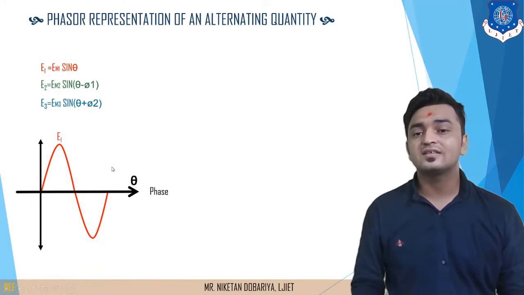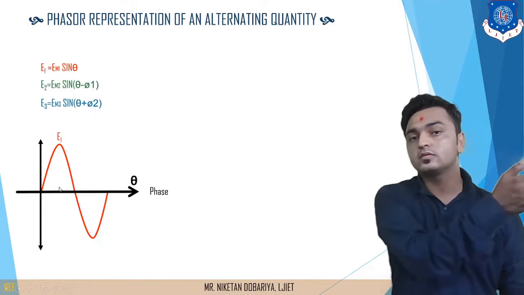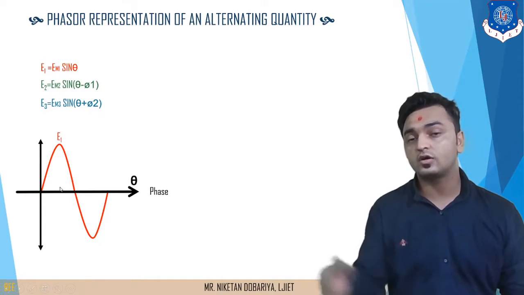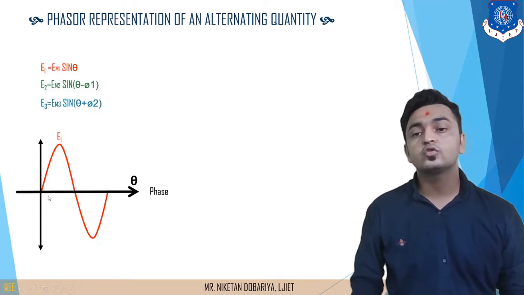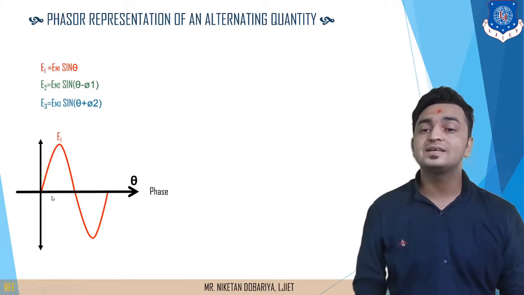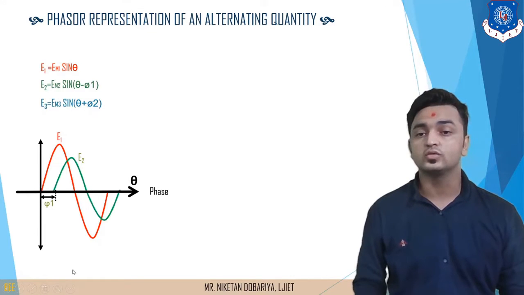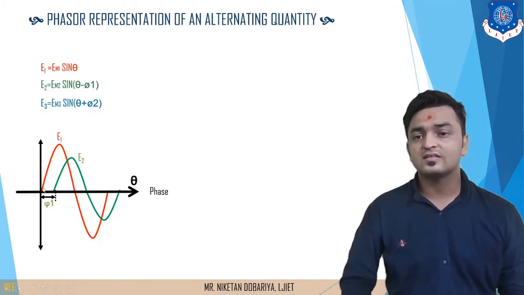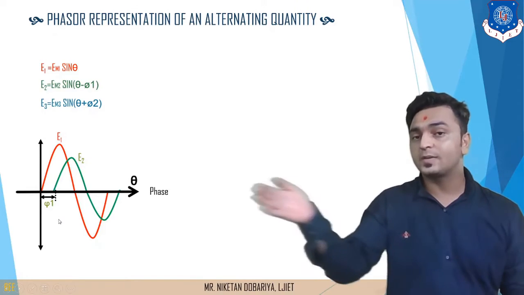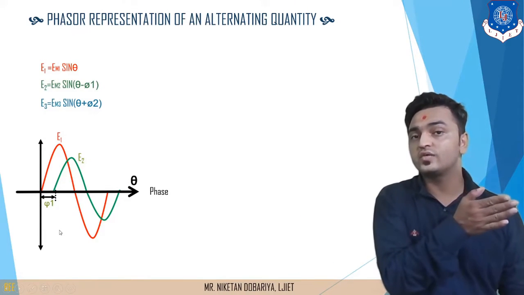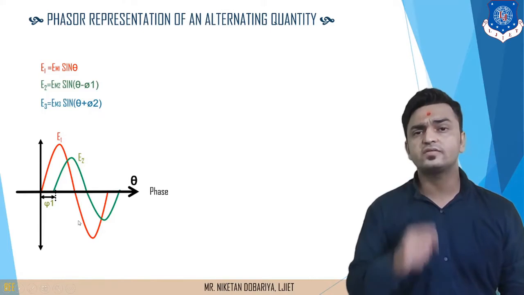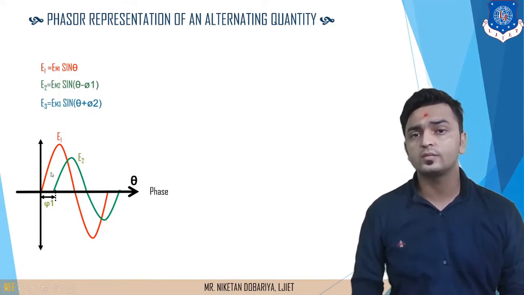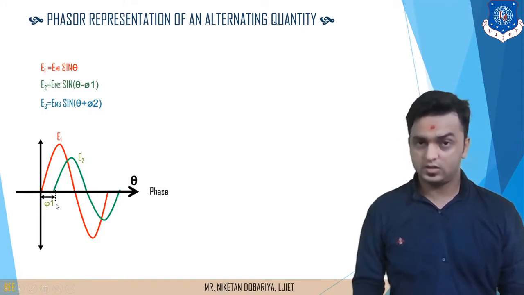Let's consider that this is phi 1 over here. As it is minus, we are going to consider it on this right-hand side with respect to this reference point, means on the positive x-axis. If this is phi 1, the second waveform must start from this point, that is given over here. Let's consider this is the phi 1 angle with respect to 0 in the positive x-axis direction. That's why the positive cycle of this second waveform is starting from phi 1.